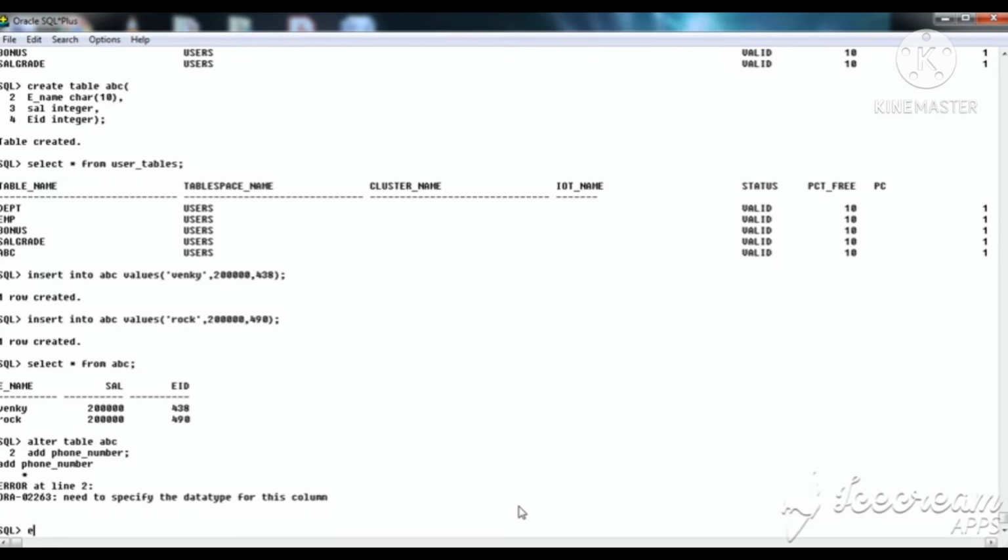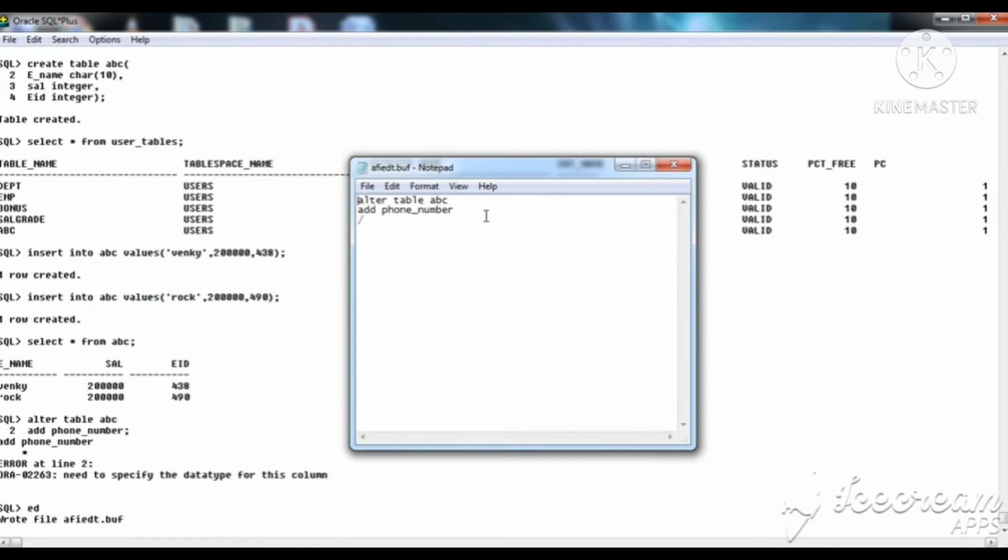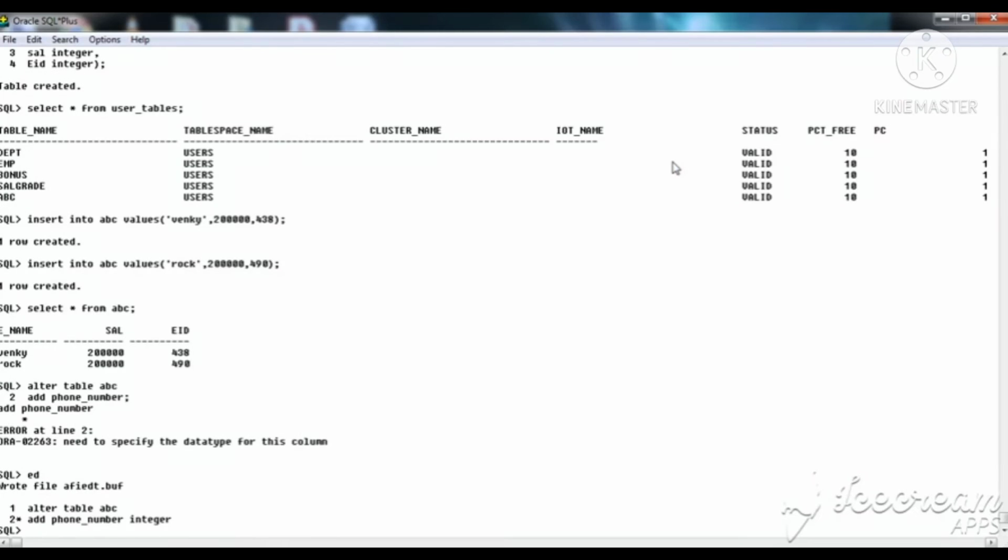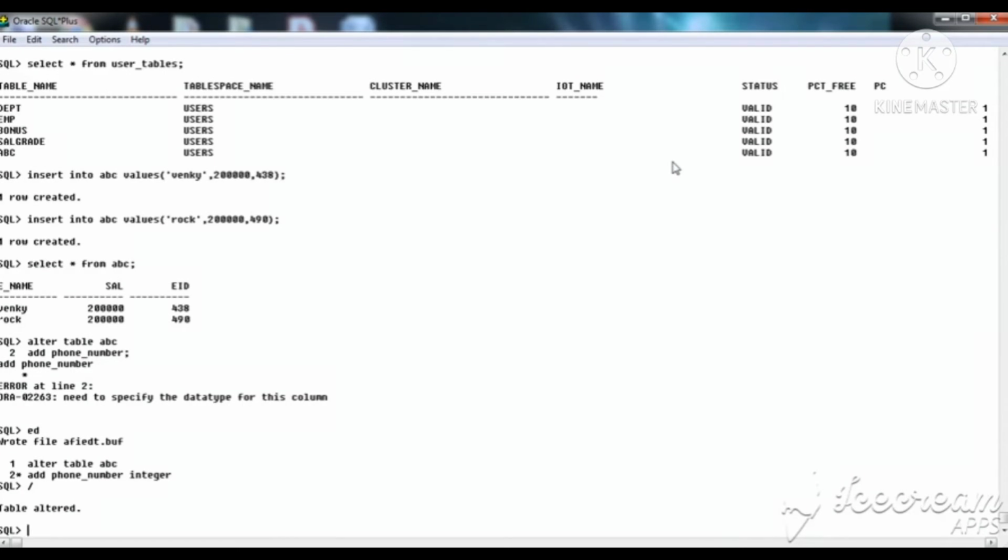So ed, this is the command used to edit what we wrote last. Name, data type of integer. Save and close. Table is altered. See this, the table is altered. So the alter command is also completed.